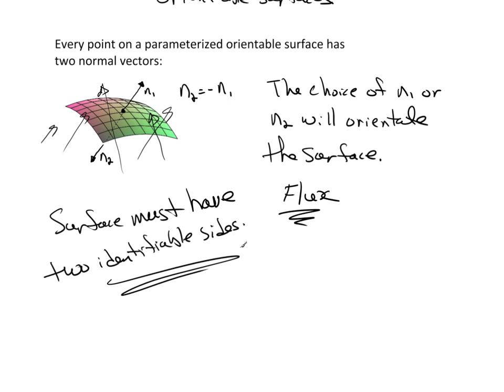So in other words, it has to be orientable. If we can't orient this thing, then we simply can't do any of this. It doesn't make any sense. The orientation actually allows us to distinguish one side from the other. So